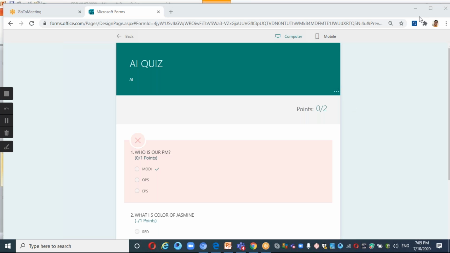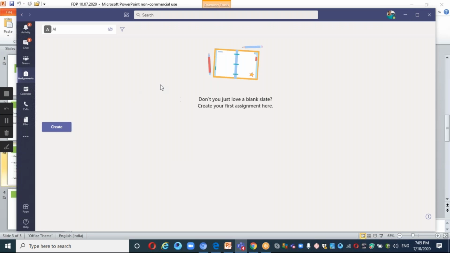I've created the Microsoft Forms quiz form. I have to share this particular form in Microsoft Teams. What should I do now? Go to Microsoft Teams.